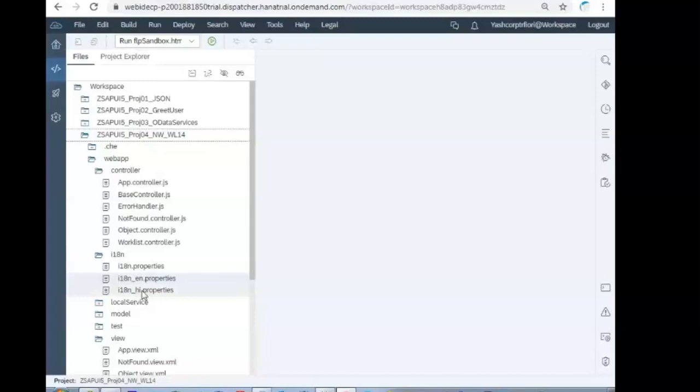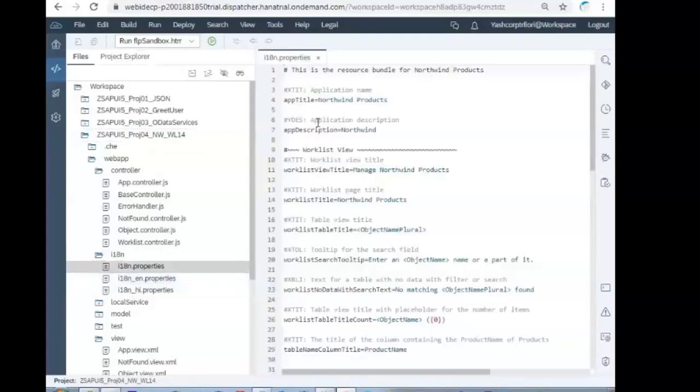It will get only one file, not three files. So first you have to do it in the i18n.properties.